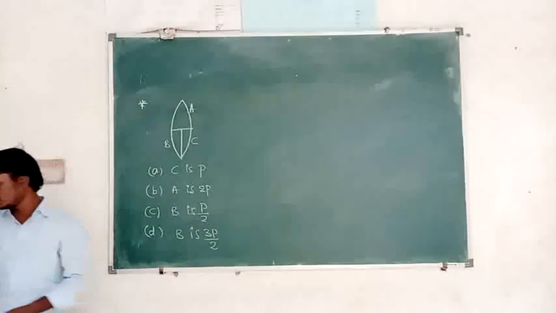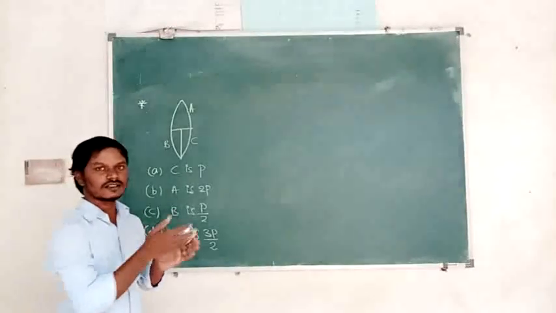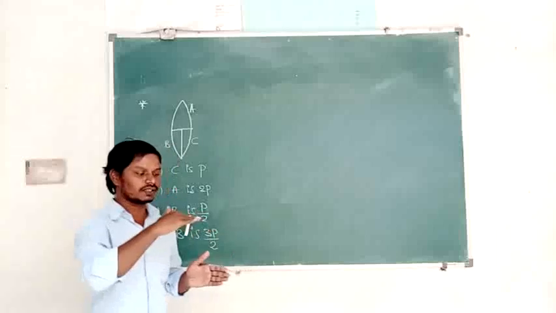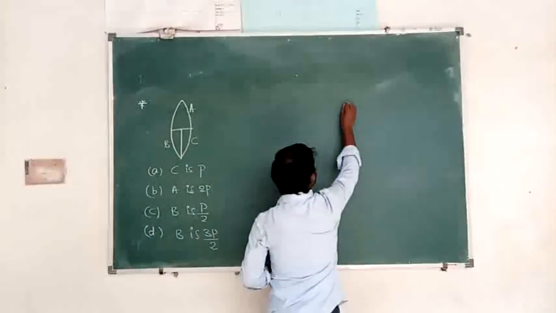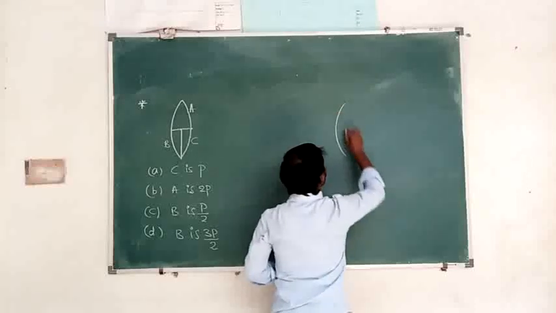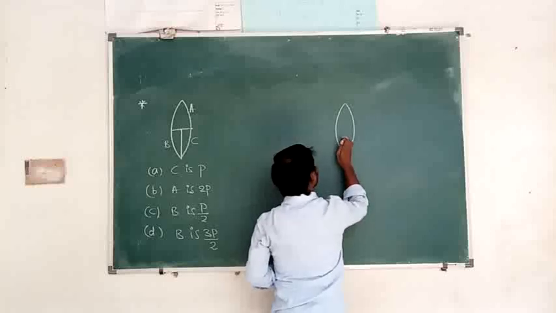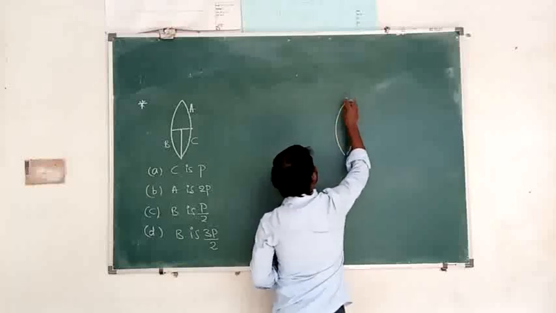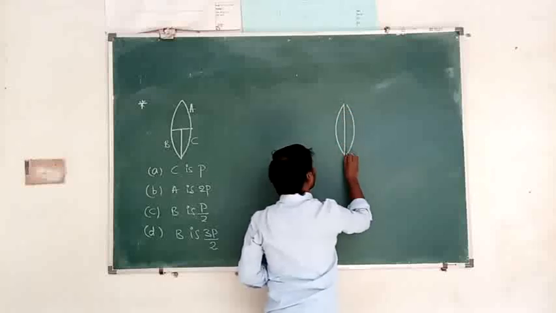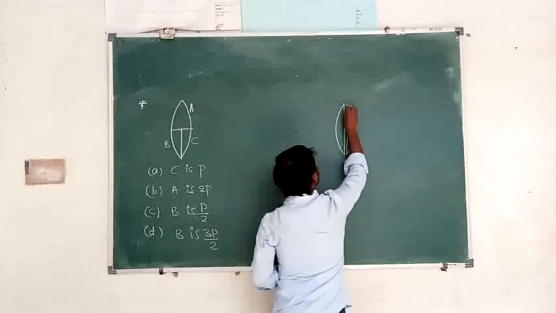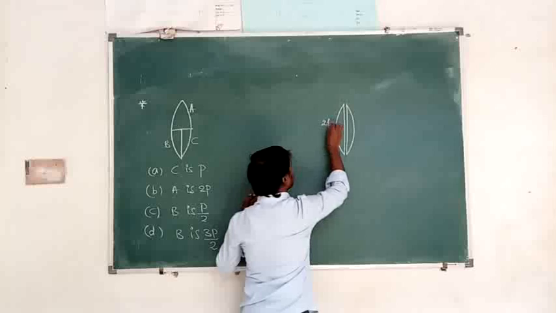So first we have to study about whenever the lens is cut along the principal section and whenever the lens is cut along the principal axis. If the lens is cut along the principal section, this is called the principal section. Then what is the focal length of each plano-convex lens here? That is 2f. Already we proved that.